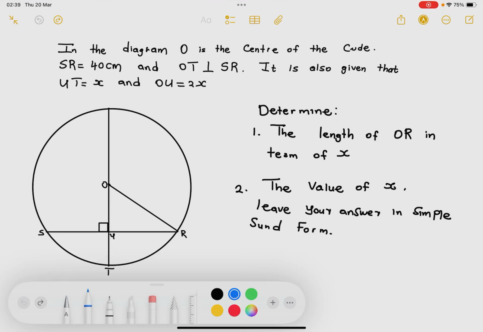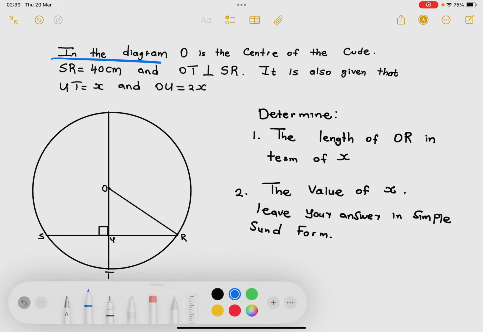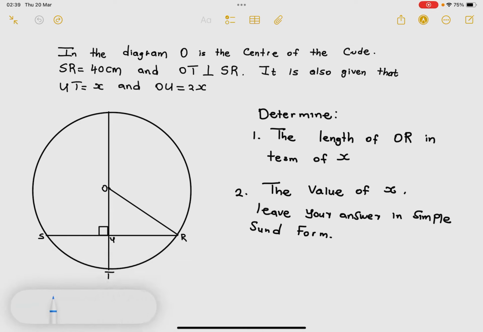What up, guys? So let's actually do this example as well and see how you were supposed to answer this exam problem. So let's just get down to it. They say that in the diagram, O is the center of the circle. That's nice. So if O is the center of the circle, we immediately realize that OR,